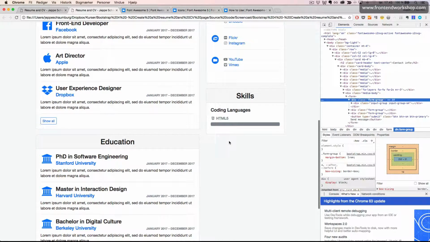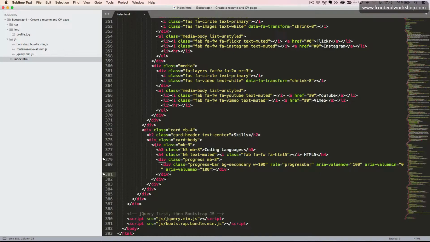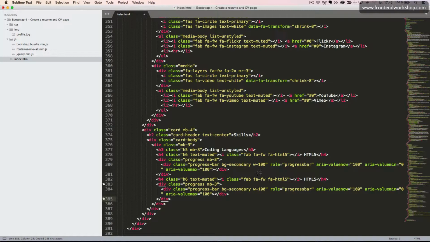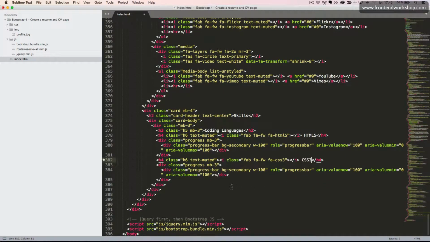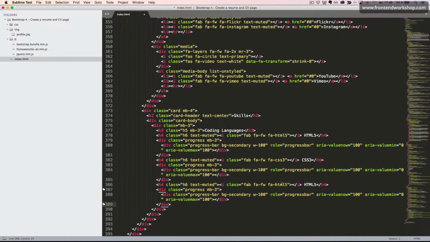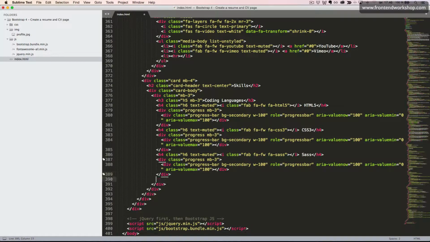Now we just need to create all the rest of them. So we can copy our h4 element and the progress component like so. Our second one will be the CSS3 skill. After that one, we'll have a Sass skill. Then we'll have